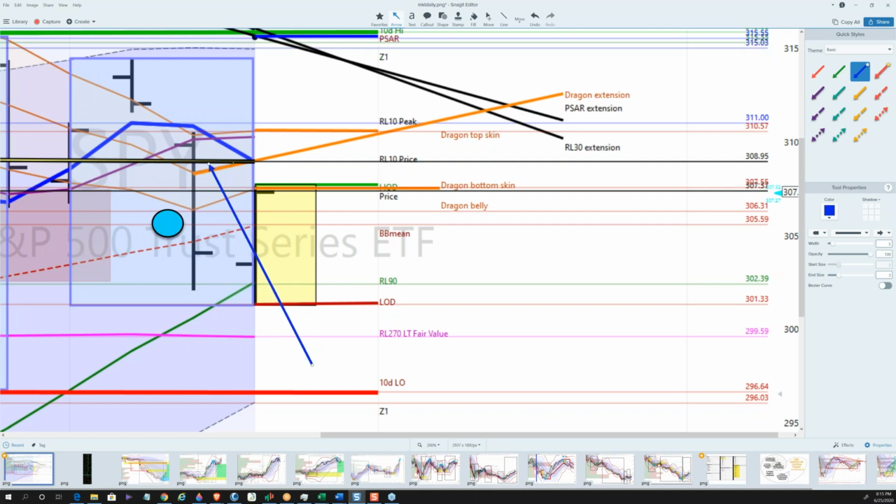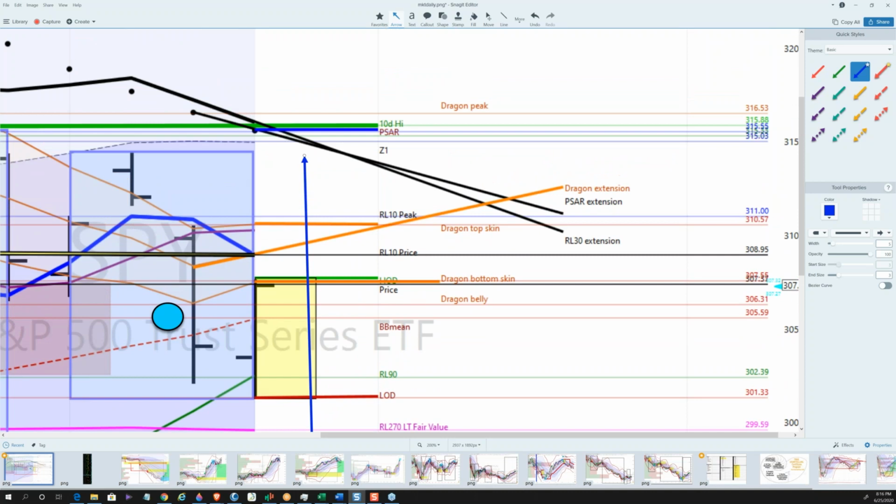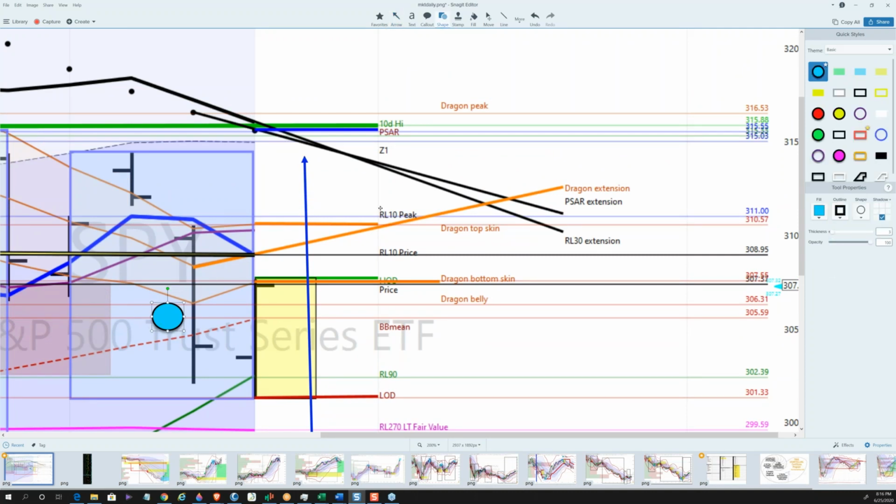The RL10 price, the spine of the dragon, is right here at 309 essentially, and the upper skin of the dragon is at 310.5. The RL10 peak, which would be like an emerging dragon, if it is able to close above that, that's at 311. Then the weekly high is up here just below Z1 at about 315. And then as we look at this cluster up in here, this is really strong